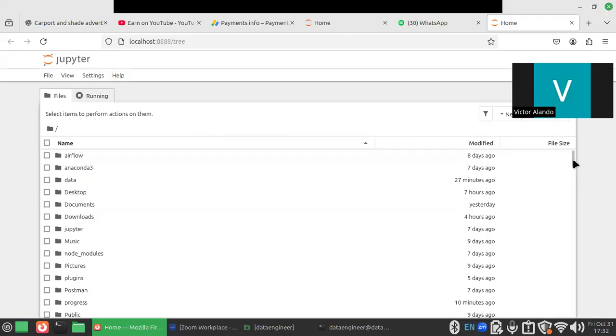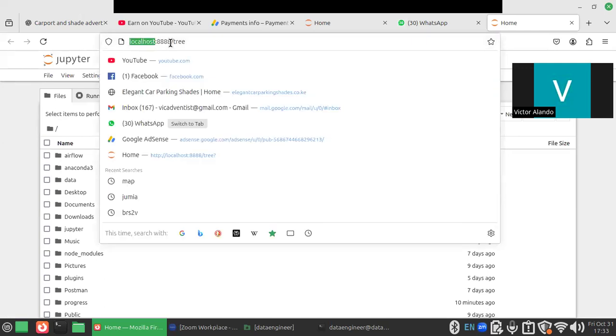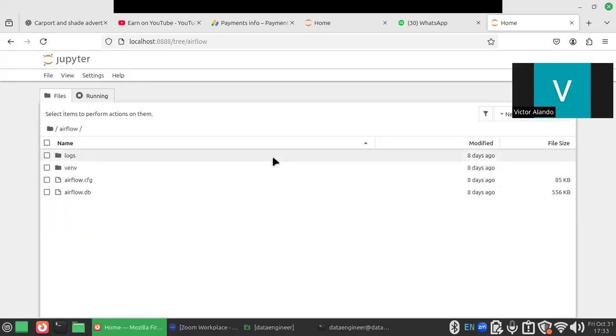web-based window here. Now this window, I'm running my browser using Firefox. Okay, so I've been brought to my tree. You can see here at the address bar, we have the localhost, we have the port. It uses port 8888/tree. Now tree gives the list of all the folders that reside in